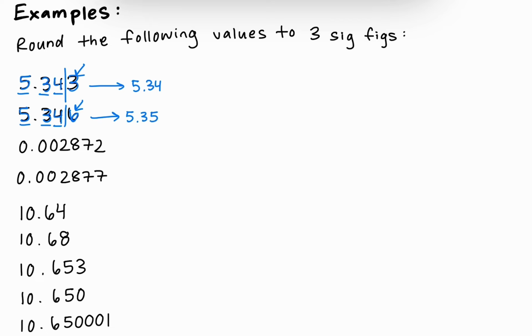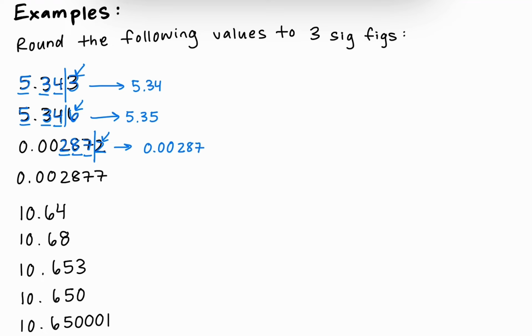All right, so this is where it gets a little different. We're not going to just go 1, 2, 3 and cut it off because that would be to decimal places, not sig figs. So we're going to highlight everything that's significant, and then we're going to count from there. So 1, 2, 3. Cut it off, look to the next number. It's lower than 5, so we won't round the 7. So this would be rounded to